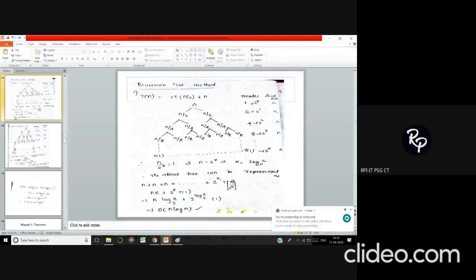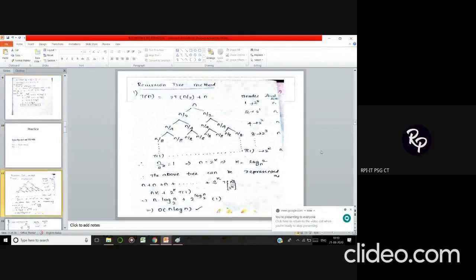Which we are going to see is going to be a recursion tree method. Whether it is going to be an iteration method, or a recursion tree, or any other method, the methodology alone is going to be different. Anyway, the final answer is going to be the same. So even if you are not sure about the final answers, you can solve it by making use of some other method and you can cross-check your answers too. So we'll see the recursion tree method.